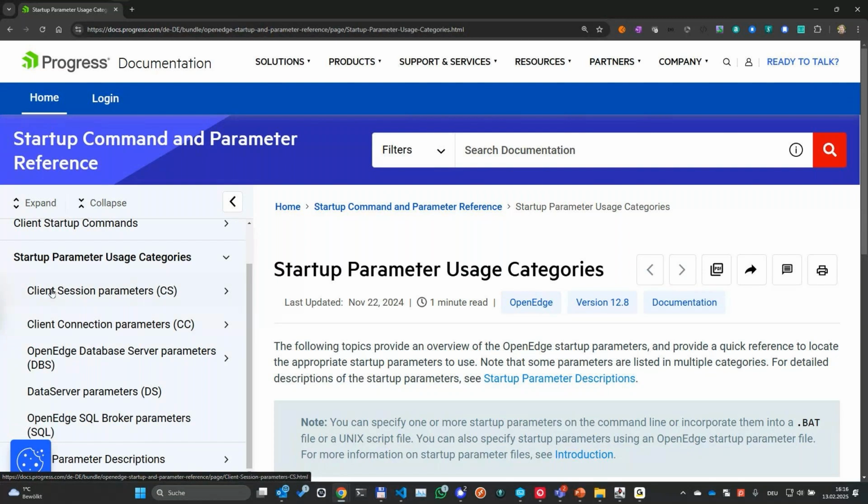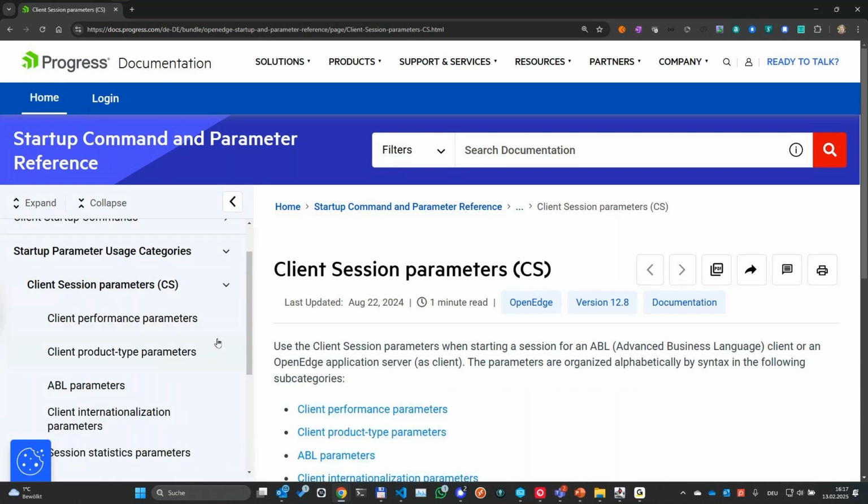Client session parameters are things like a startup parameter, whether we have batch mode, the assemblies parameter, etc. These abbreviations, CS and CC, are also shown in the actual details of the parameter, so that we see whether it is a parameter for the database server or data server parameter or whatever. When I go into the client session parameters, I see different categories here: performance related,